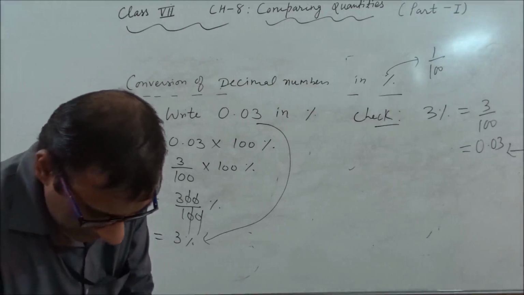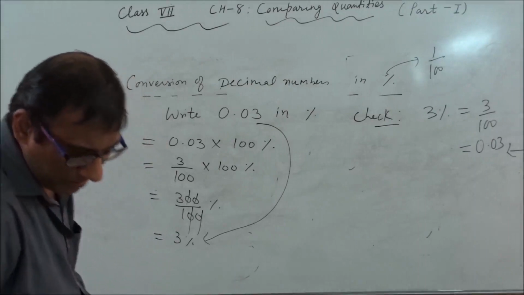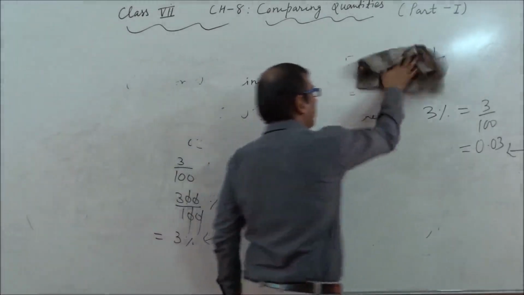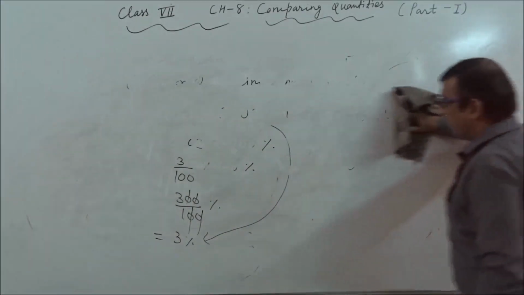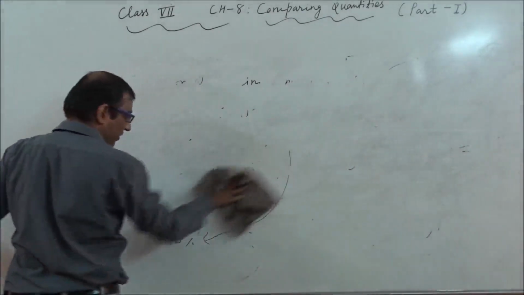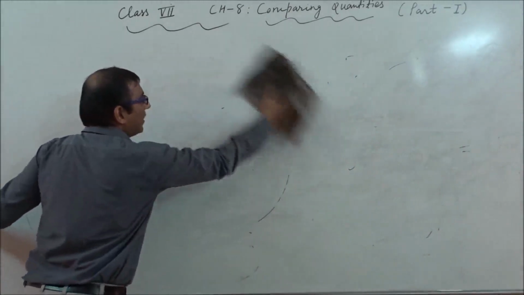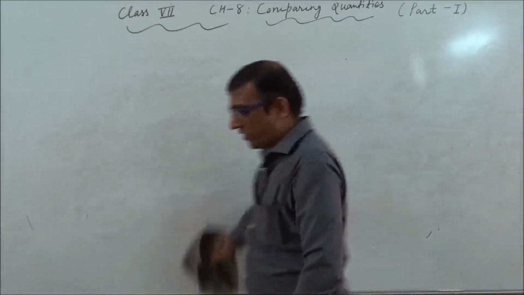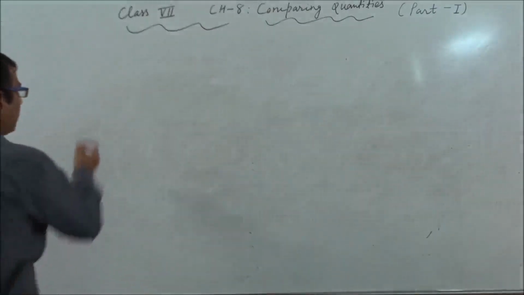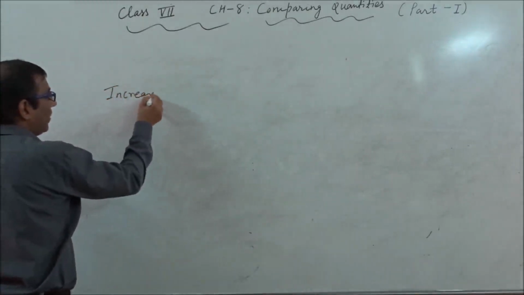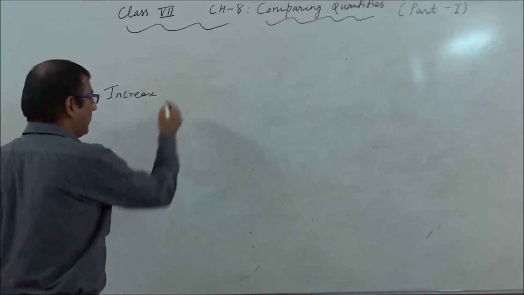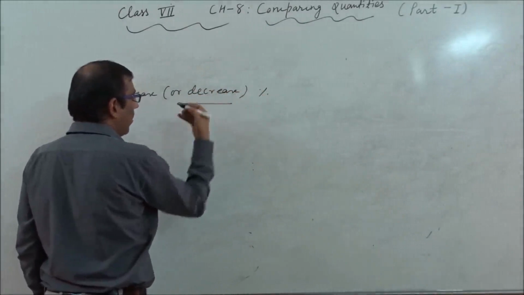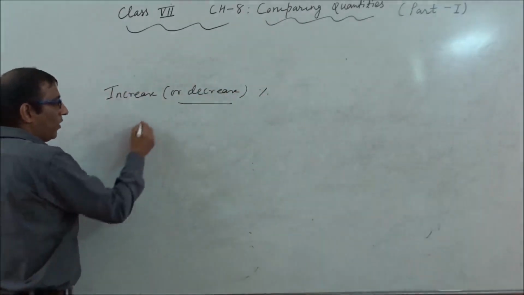Now after this conversion, I continue with the next concept, that is increase or decrease percentage. So increase or decrease percentage, generally we are using, yes, the population of this state increased from this to this in year this and that. So we are generally talking about decrease or increase percentage. So what is the meaning of that? So basically the formula of increase or decrease percentage is same. Increase, or you can say decrease percentage.